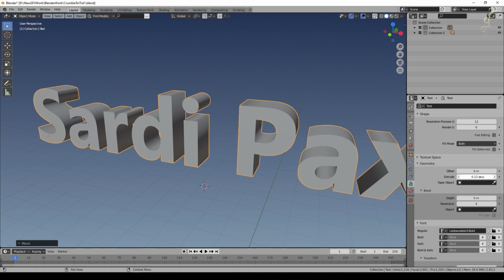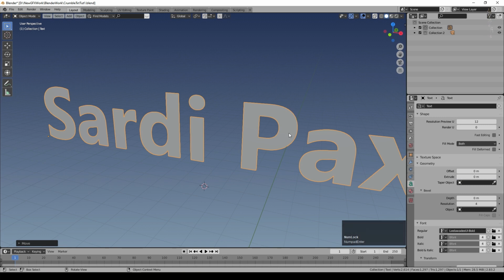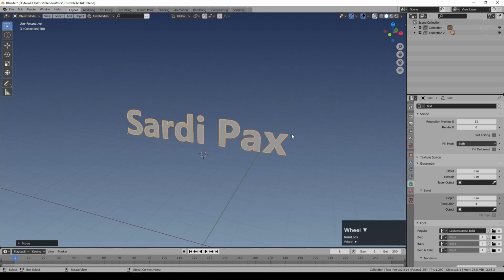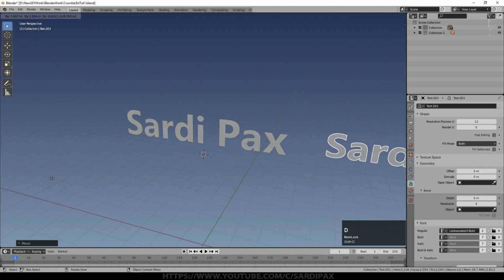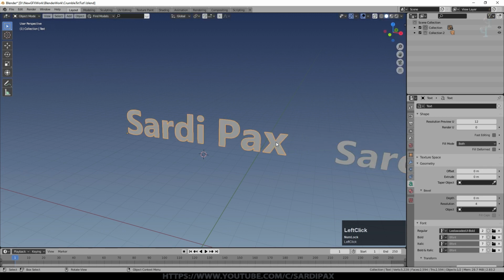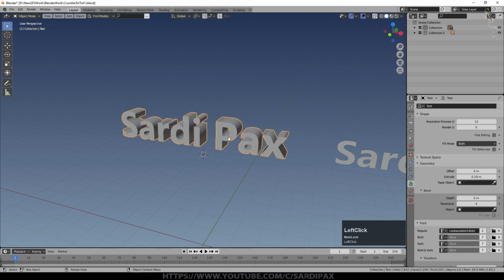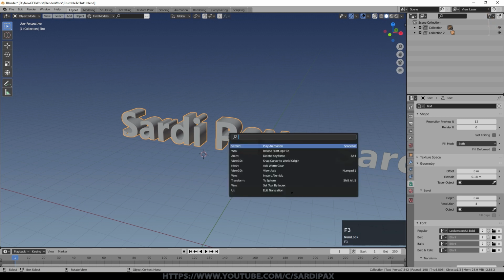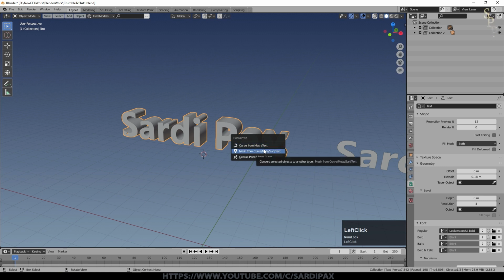However, we don't want to do that at the moment, because one of the problems of the text creation within Blender, which uses curves, is it creates quite a complicated, messy geometry, which causes us problems later on. So in fact, what I will do is demonstrate that. I'm going to make a copy of my text, just put that over there. We'll come back to here and we'll extrude it, and then we'll press F3 and we'll say convert to, and then we'll say mesh from curve object, because text is basically a curve object.